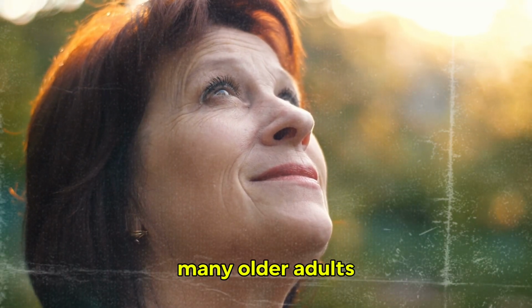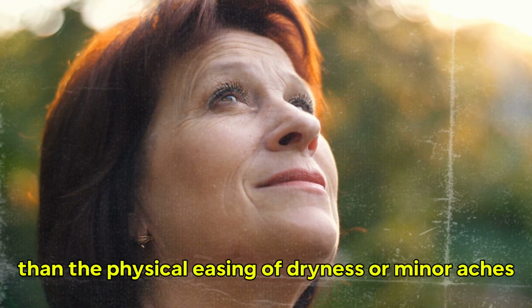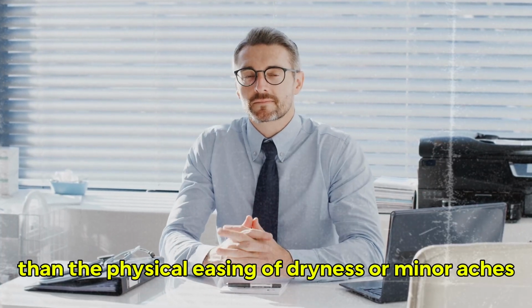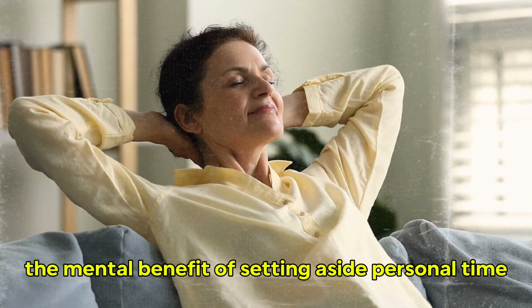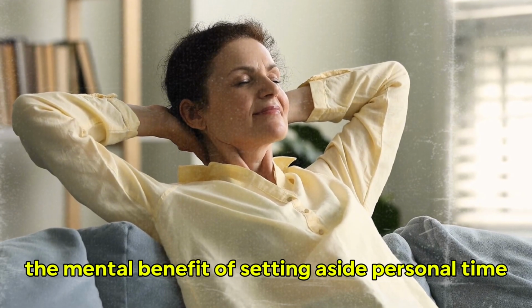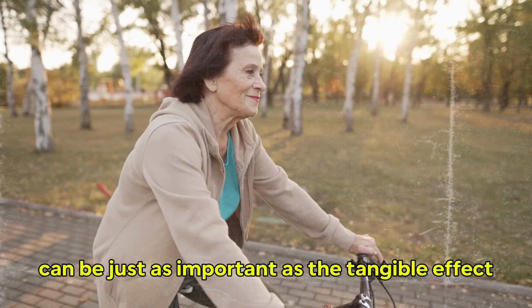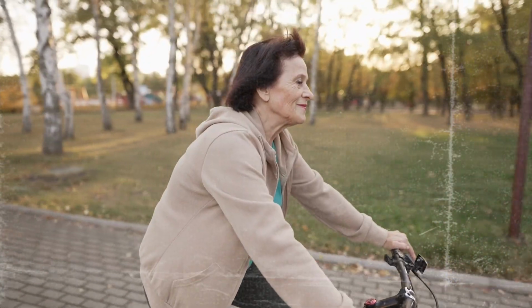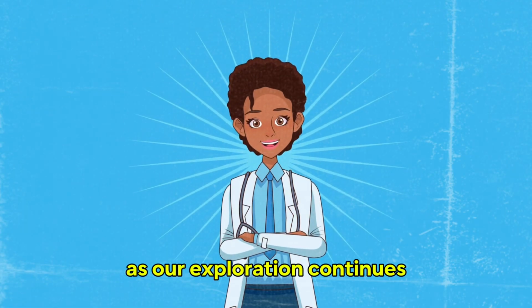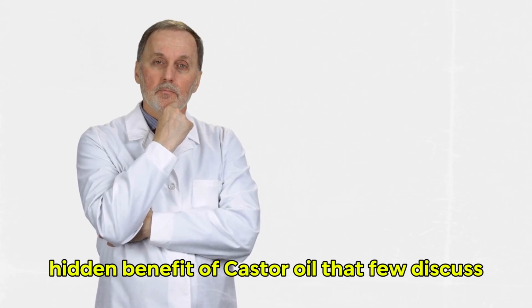Many older adults find that these mindful moments are even more precious than the physical easing of dryness or minor aches. The mental benefit of setting aside personal time can be just as important as the tangible effect of smoother skin or calmer muscles. As our exploration continues, you might be wondering about one last hidden benefit of castor oil